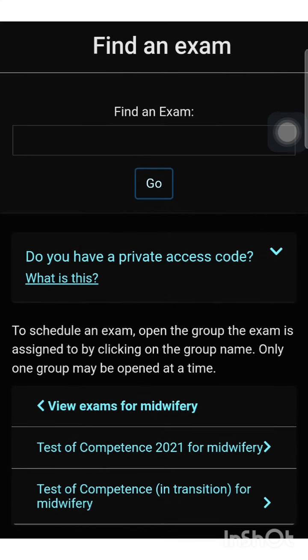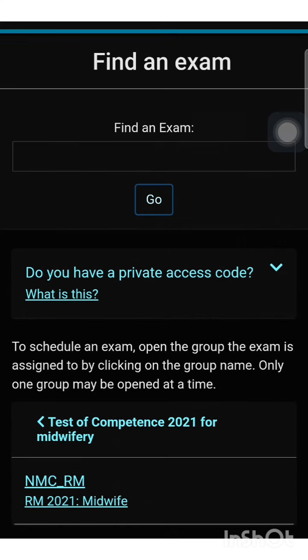Okay, so for the midwife test of competence CBT, there are 2 types. This is Test of Competence 2021 for midwifery, and then Test of Competence in Transition for midwifery. We are concentrating on the Test of Competence 2021 for midwives. So let's just concentrate on that one. All right. So this is it. When you click on it, it is just one Test of Competence 2021 CBT for midwives, and that is what we have here, NMC Registered Midwife, RM 2021 Midwife. So you click on it,